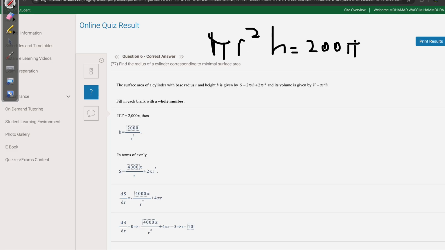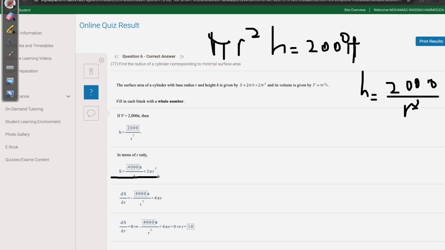Pi by pi, it's 2000. So h is equal to 2000 over r squared. Okay, and then for part